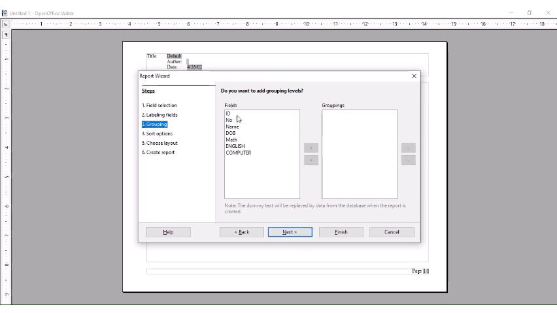Okay, I'm just grouping those things. All things I will group, and then you just have to finish.